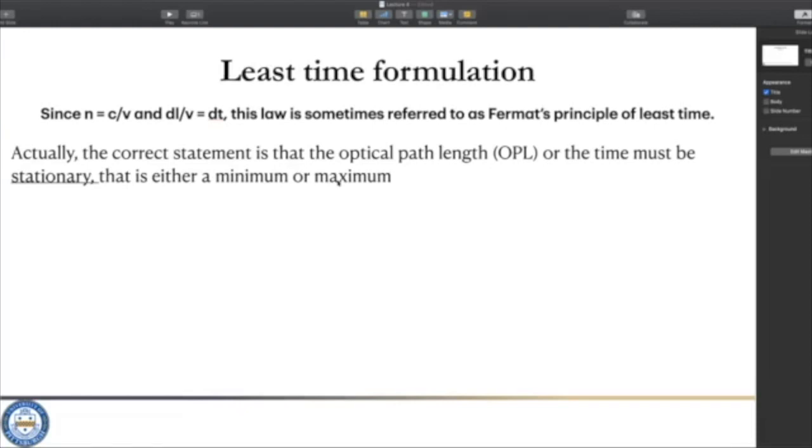They're kind of weird, but it can arise where the path is a maximum rather than a minimum. Now let us show that Fermat's principle implies that the reflection angle and the incident angle must be the same. So to do that, I'll start with